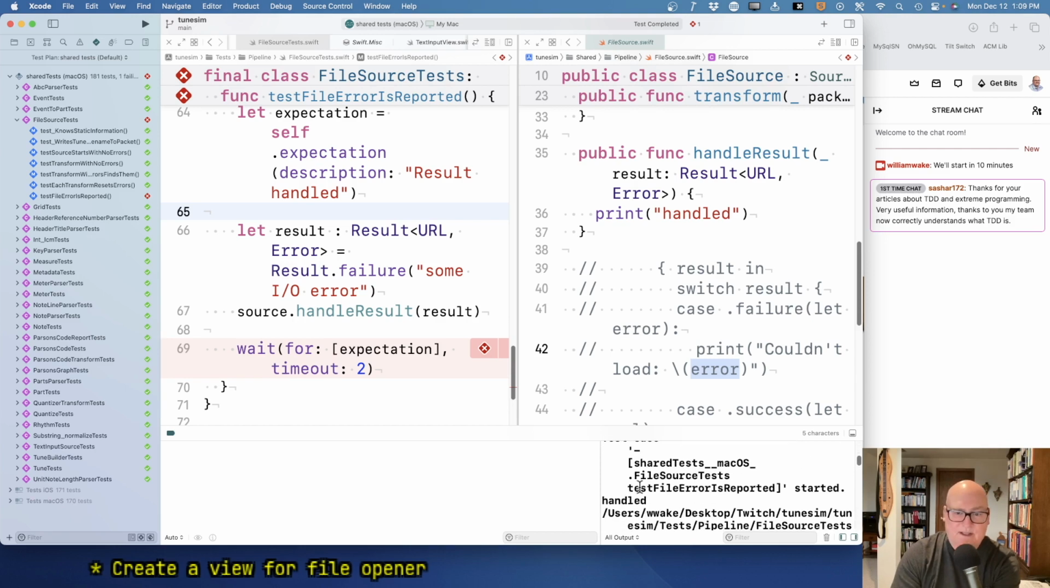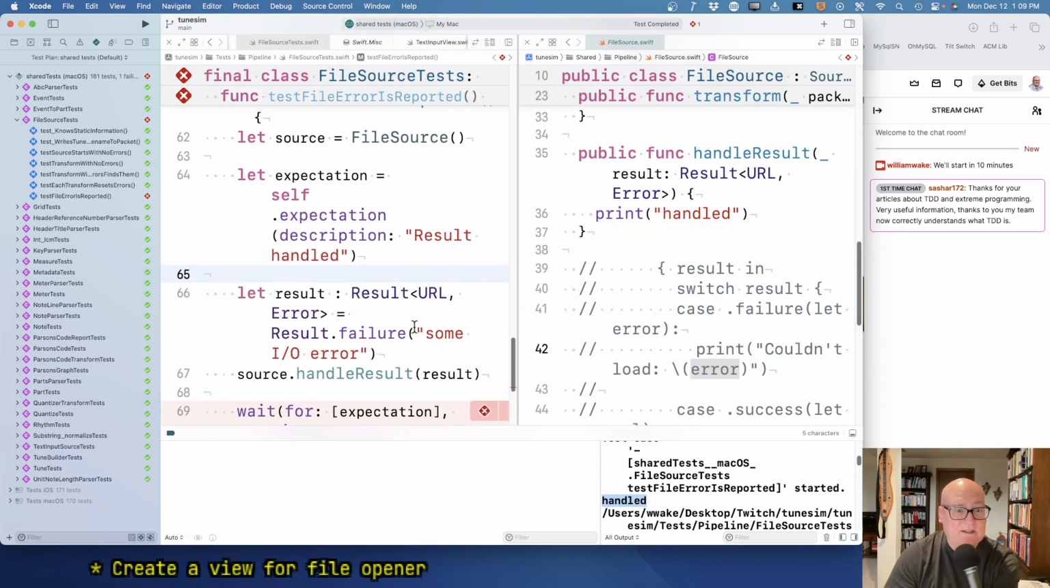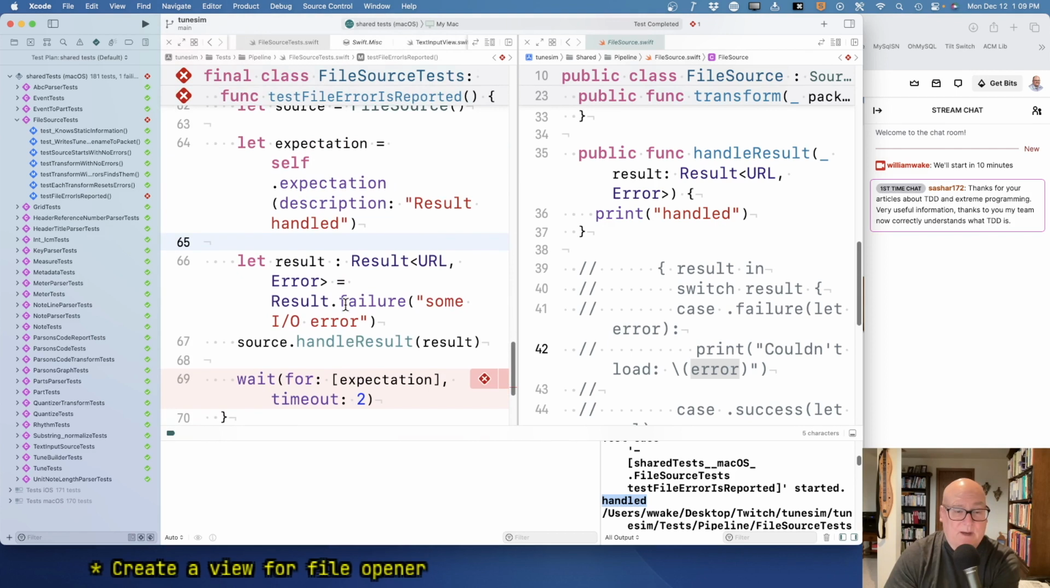Do we see the word handled? Yeah, we see it there. It's not really what's supposed to happen. So we have a failing test. Now, the problem I have is I don't have a way to make this expectation true. And so what I'm going to say is